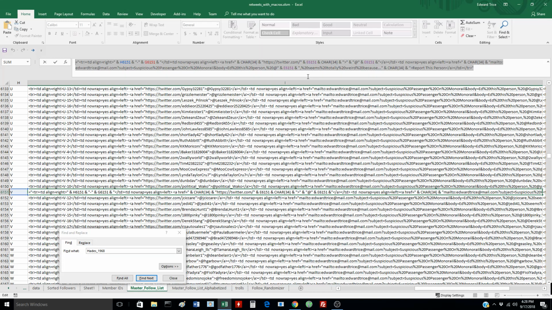All I had to do is figure out how to do this for one account name, and it took a little bit of trial and error till I got it all right. And then I just used the fill down feature to fill it down through all 17,000 names, and poof, I've got a table of 17,000 names with all the reporting function built in.